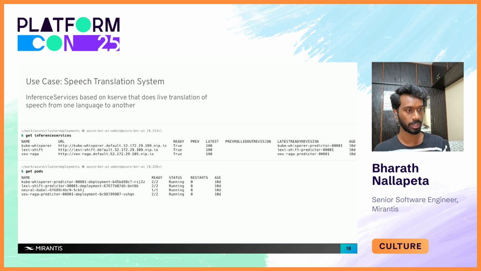While I send my actual requests, KServe has the inherent capability to spin up the pods, maintain either one replica or two or three, depending on the annotations that we have given in the InferenceService YAML. And this is the power. When the real request comes in from the user, the pod is spun up, and then the request is served, and then the pod is spun back down. That is totally under your control. You can even put it back to zero if you don't want your CPU resources to be consumed, or you can put it to one to keep it at one minimum, and then KServe will take care of the rest, right?